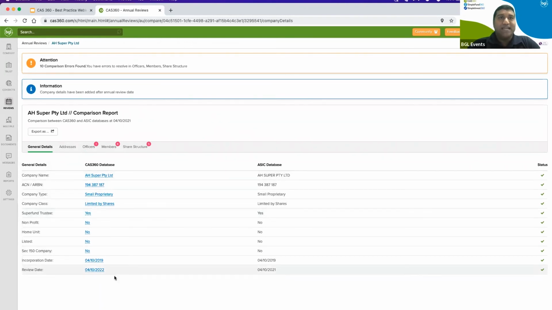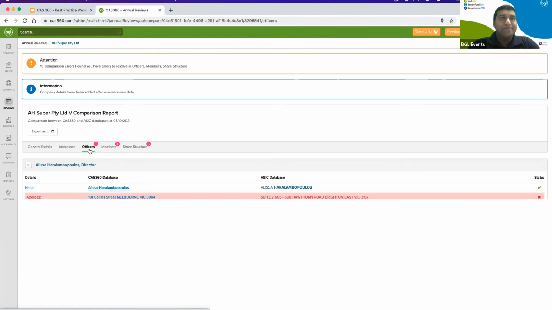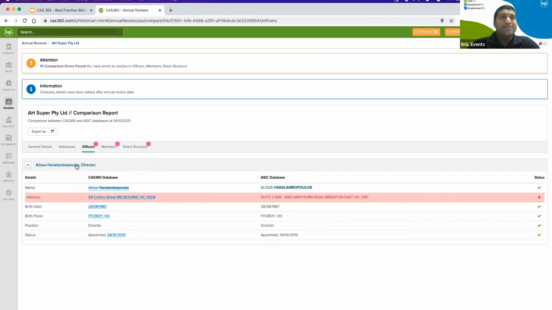Now, the general details tab all looks good, but we can see here at the top of the screen we've got these pink or red numbers, which means that there is an issue relating to those particular areas of the company. So if I go into the offices area here, we can see that as part of this example, Alyssa's address here. Alyssa is a director of AH Super. In CAS 360, the address is in Collins Street, but on ASIC's database, it is an address in Brighton East,